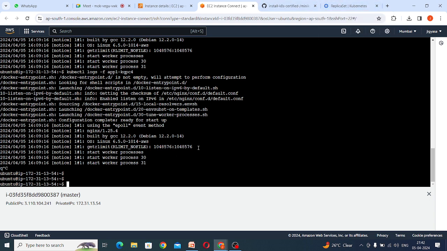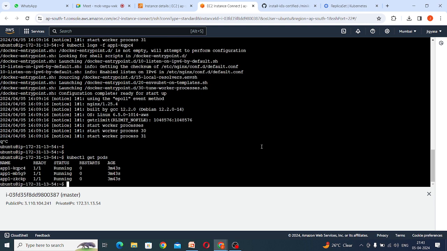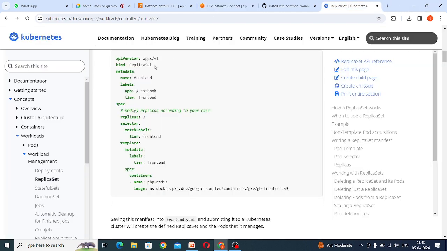Okay, replica set में कोई confusion है अभी? सर मुझे तो बहुत ज़्यादा समझ नहीं आया रेप्लिका सेट। क्या कंफ्यूजन है रेप्लिका सेट में? कुछ तो है नहीं, बस 3 ही तो क्रिएट किए हैं, और क्या किया है इसमें? हाँ, वो तो मुझे समझ में आया, पर रेप्लिका सेट उसका नाम ही है क्या? हाँ, नेमिंग कन्वेंशन यही है। अच्छा, नेमिंग कन्वेंशन है क्या? ओके, वो तो Kubernetes ने रखा हुआ है रेप्लिका सेट। ओके।